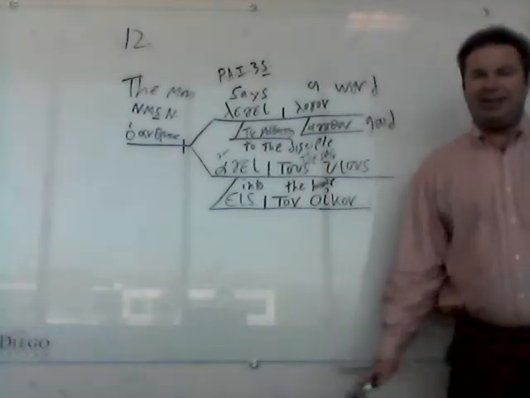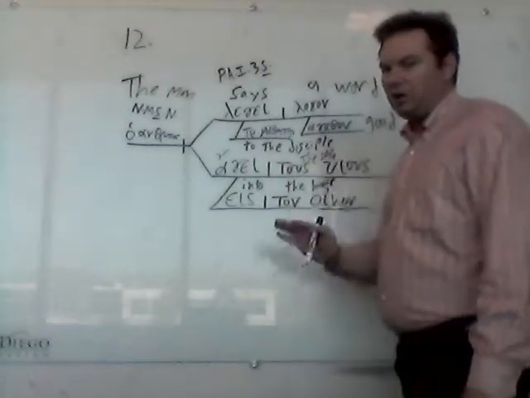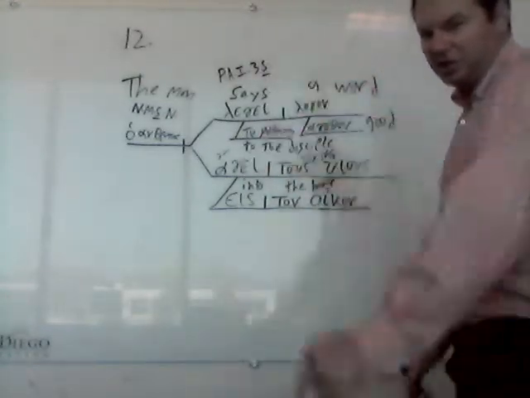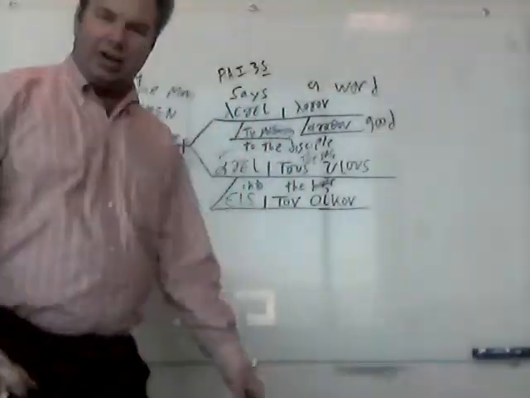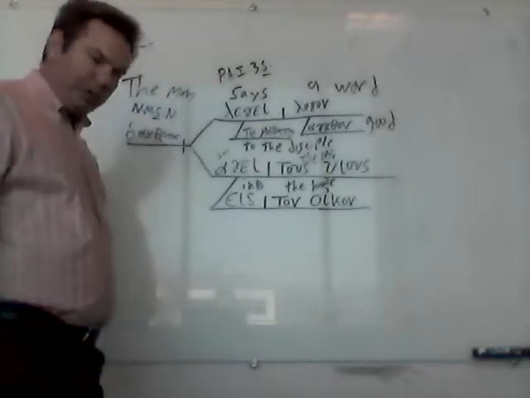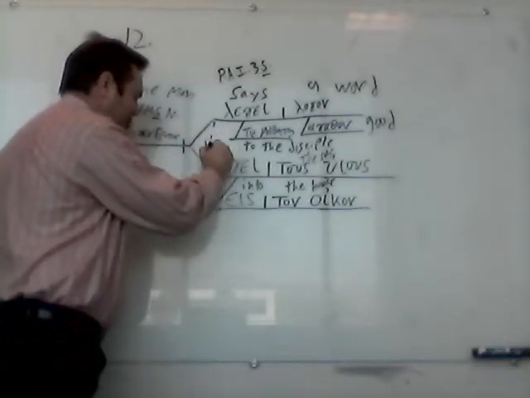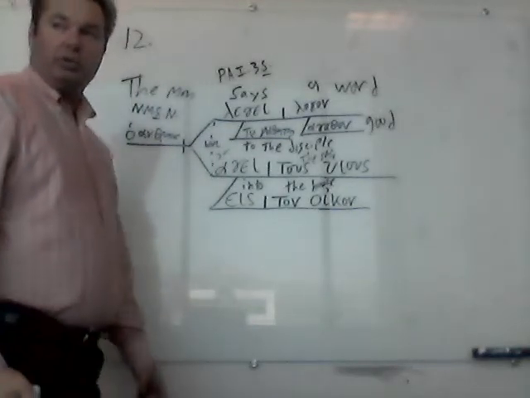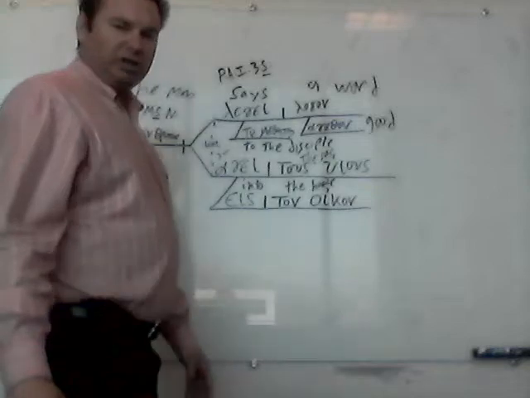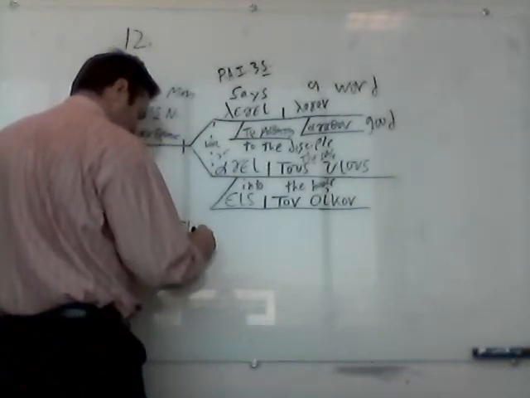So if we were going to take that diagram, and if the chicken scratch that I've written around it confuses you, you can always back up the video and just freeze it to look at the diagram before you see what I'm doing there. But once I've done that diagram, and I've put every case ending in its possible place, I almost forgot to put the kai here. My bad, but we have the kai there. Now we're going to do our translation based on our diagram, which is: the man